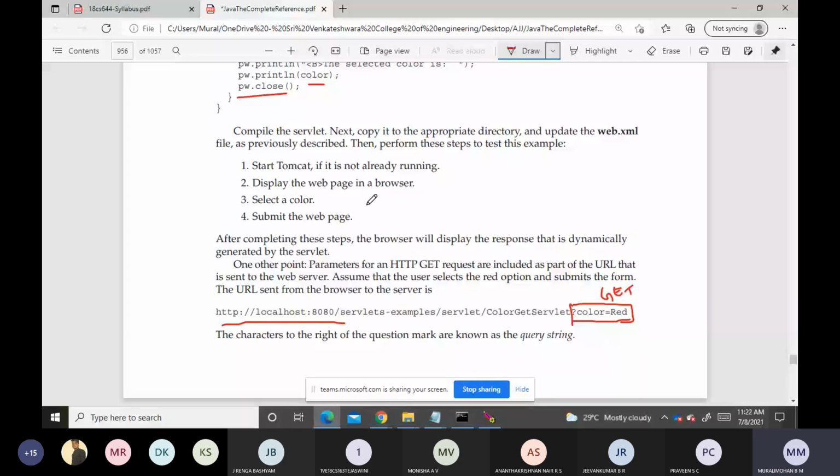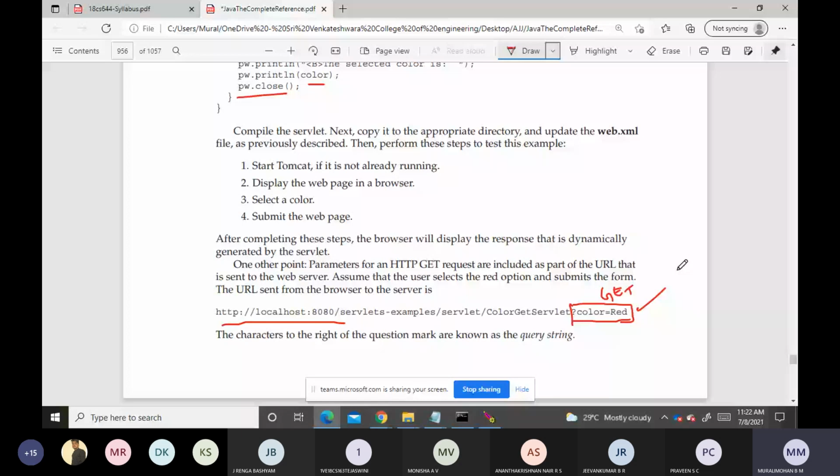It can be bookmarked, and the history will be present. So these are all vulnerable to attacks. Hence there is a security issue with the get method, so we will not use it for security purposes. We will use the post method. But for trial and error during development, just for testing purposes, we will use the get method.